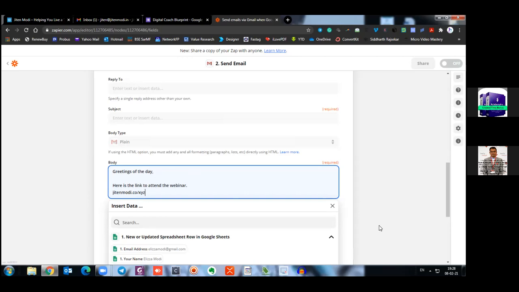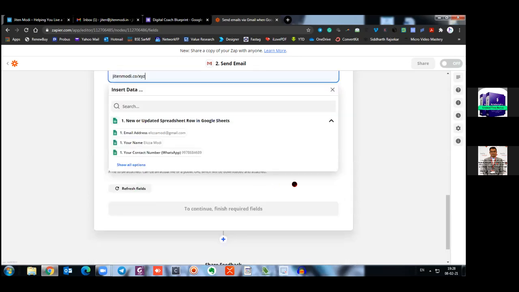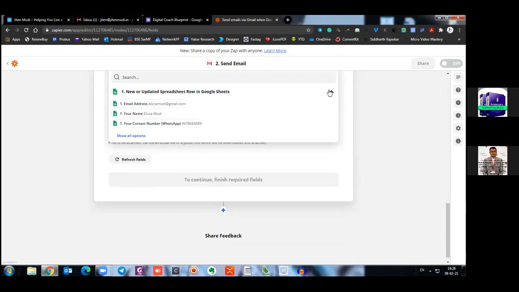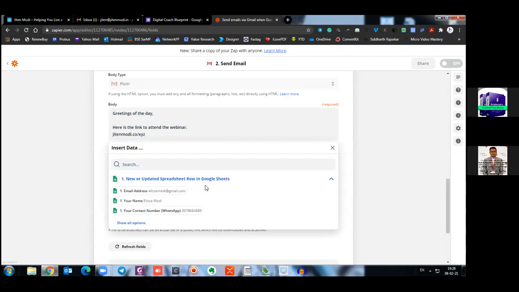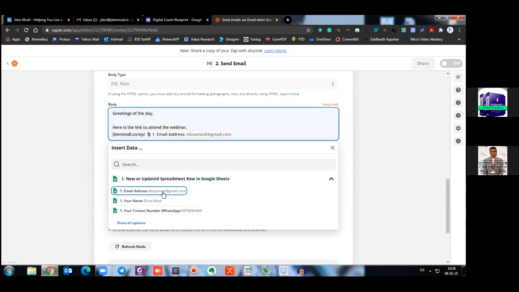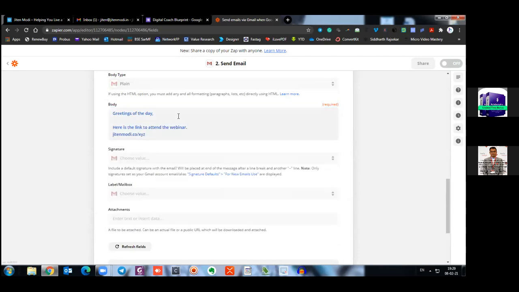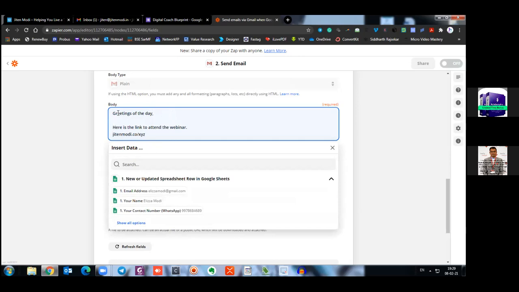Yeah, fine. Just scroll down. Now, once you have written the body text, just minimize this. Something went wrong. Just cancel this part. So insert data, cancel that part. If you want to write a name also, it can give you customization.